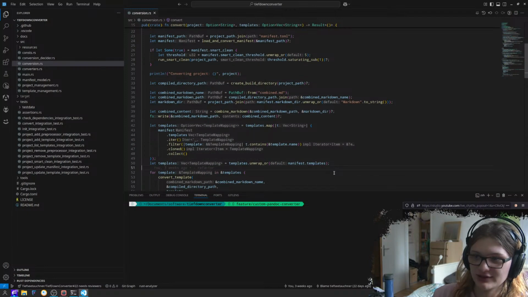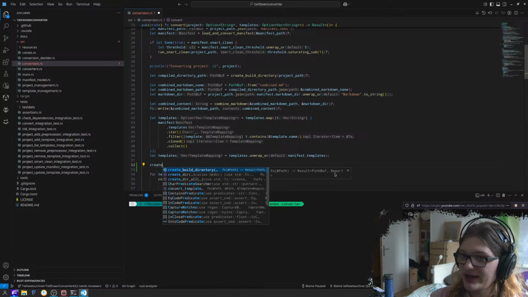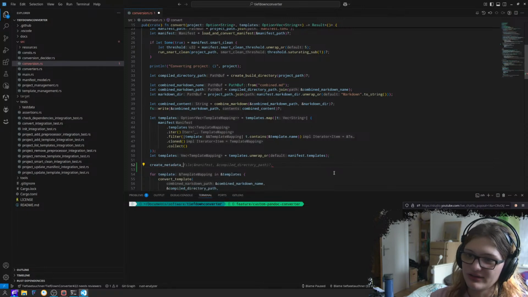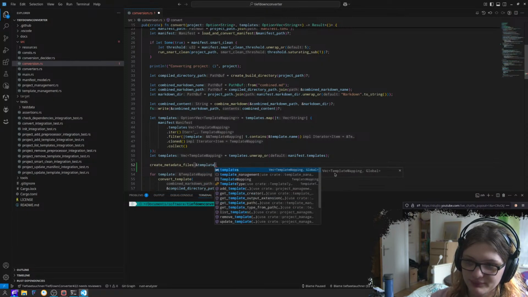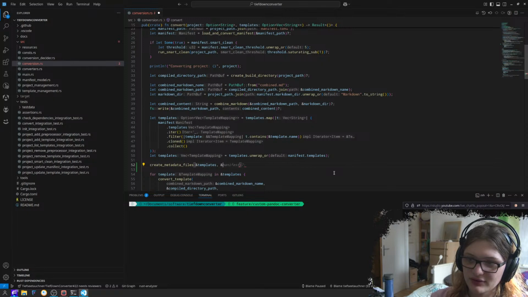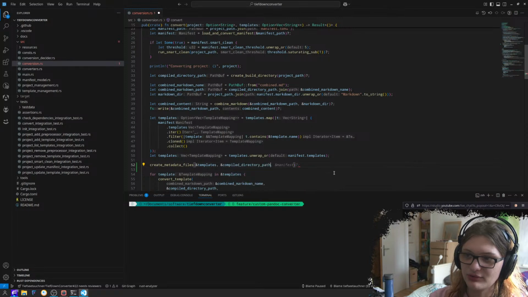That's good. Because then I want to say, create metadata files with the templates and the compiled directory path,